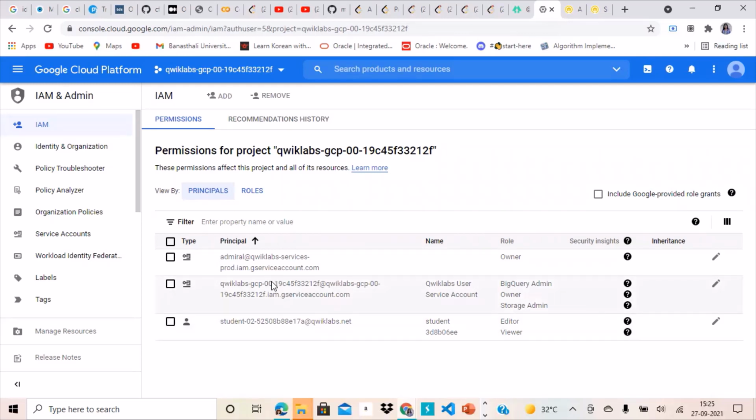The owner over here is not you, the owner is someone else. BigQuery admin, owner, and storage admin are also someone else from Qwiklabs. You are the third person, who has been provided the role of an editor and a viewer. So this third panel is you, and you are both editor and viewer over here.